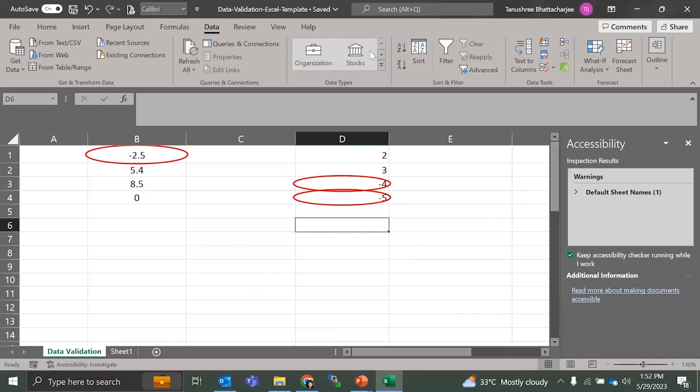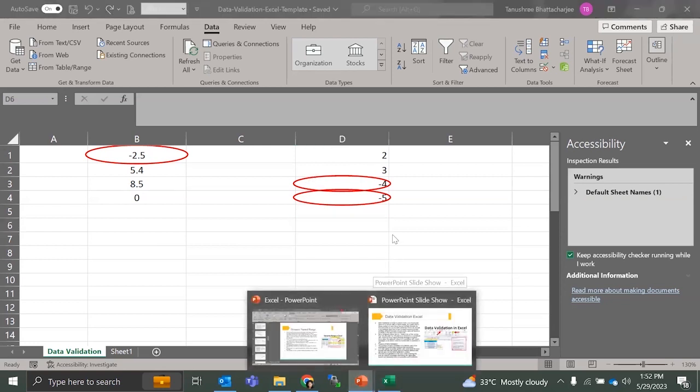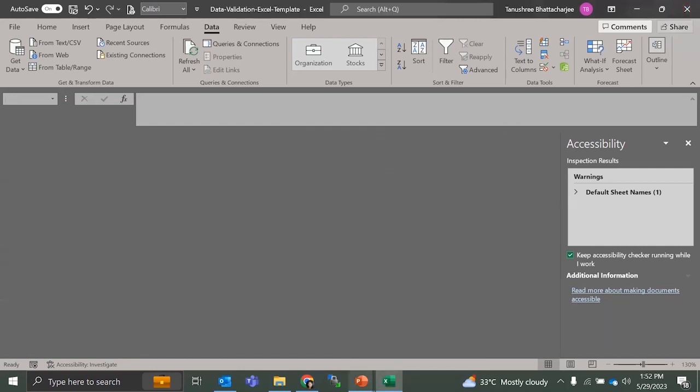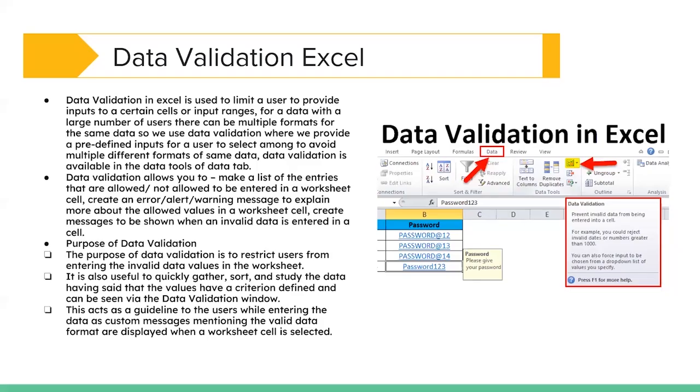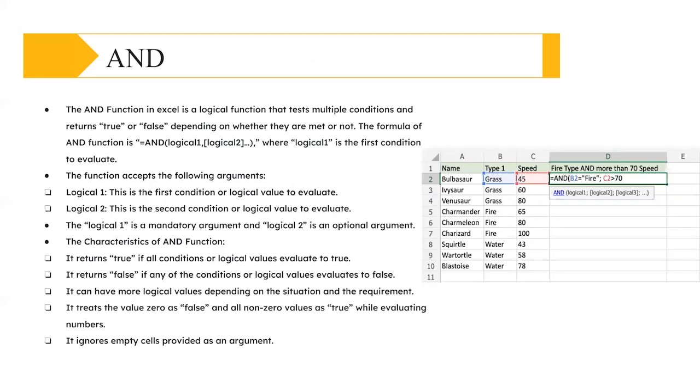So this was data validation, where you can put your data and see which data is incorrect, and treat it accordingly, or do whatever you want. Now, next thing. Next what we will